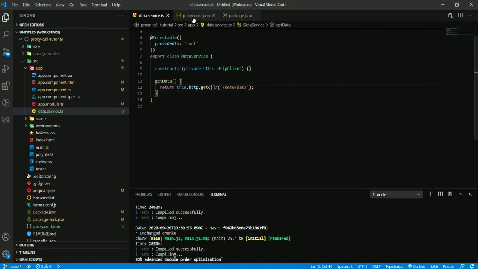Now since we have made changes in the configuration file of Angular, we have to restart our application. So I'm giving npm start.